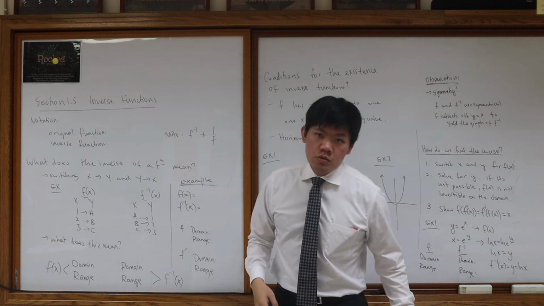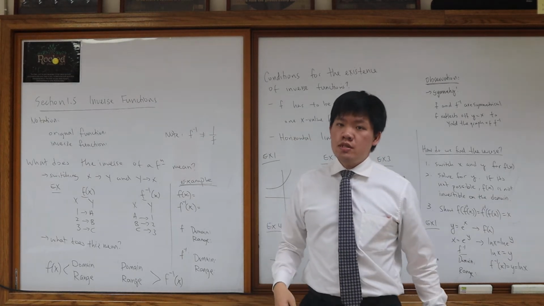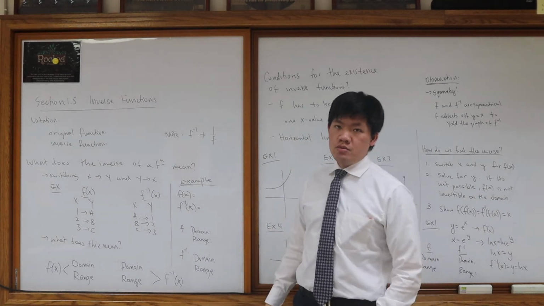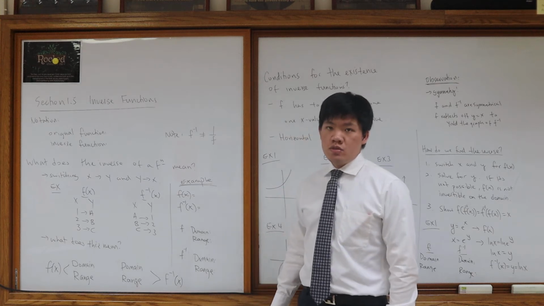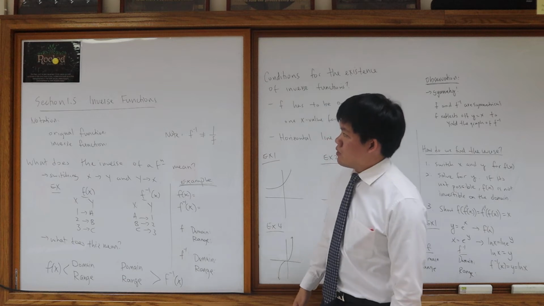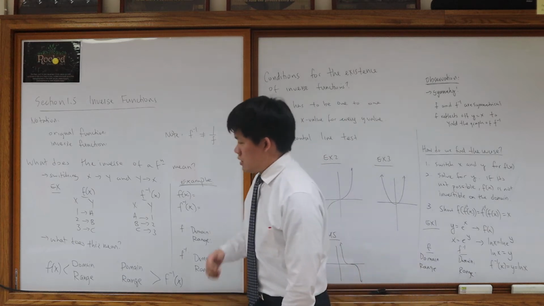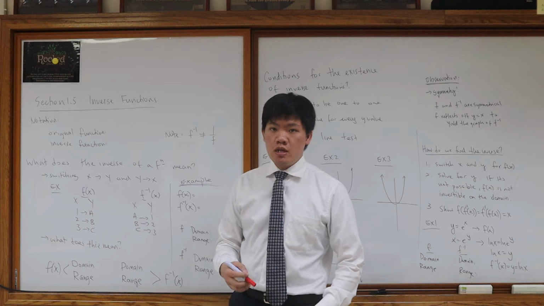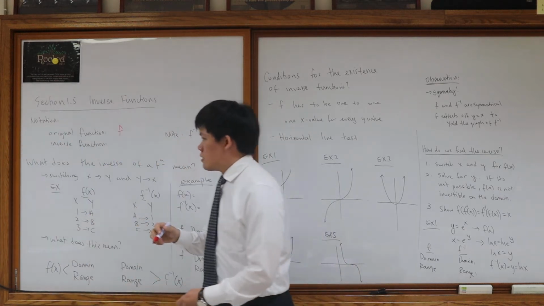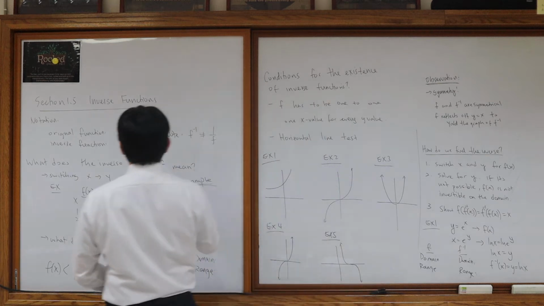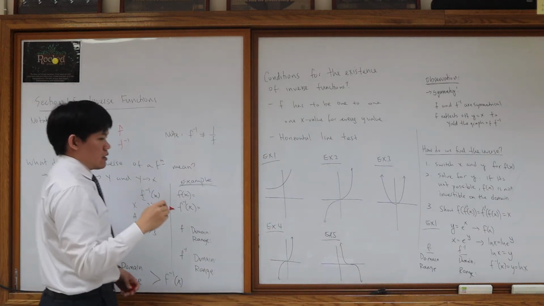Okay, so for today's lesson, I'm going to talk about inverse functions, and this is in section 1.5. We need this because in the next part of the trig discussion, we need to talk about inverse trig functions. The general notation for the original function is f. The inverse of the function is just going to be f, and then there's a negative one on